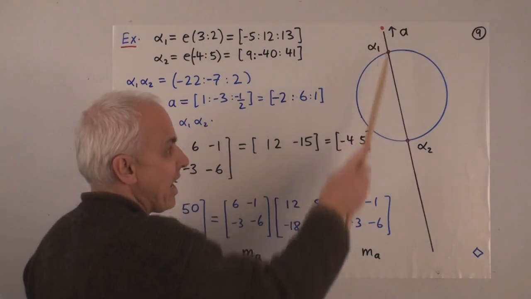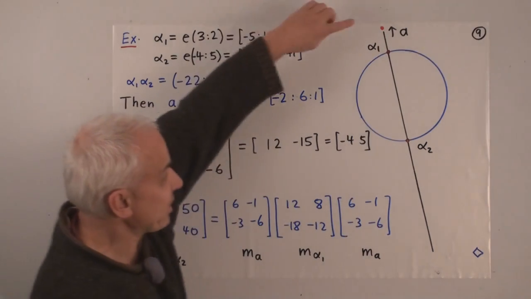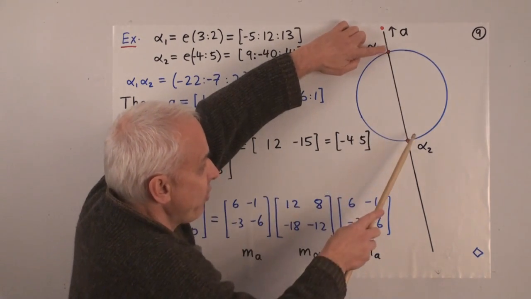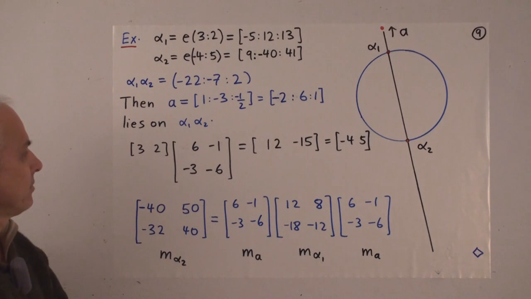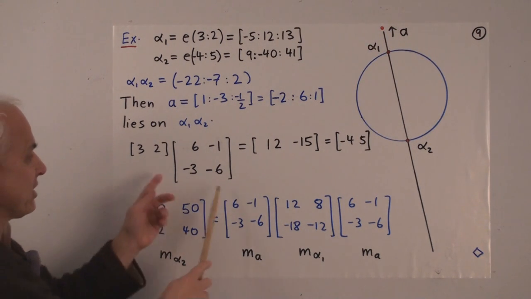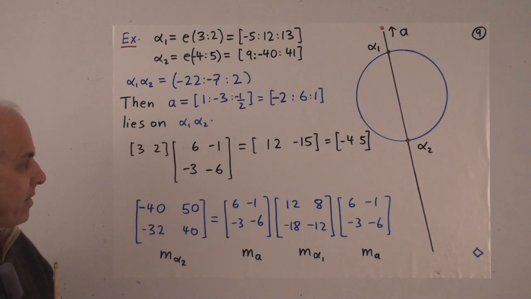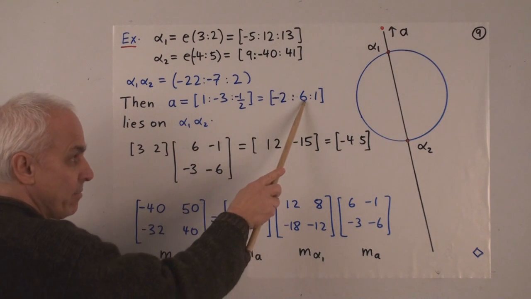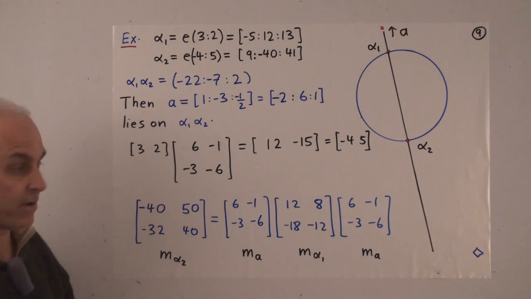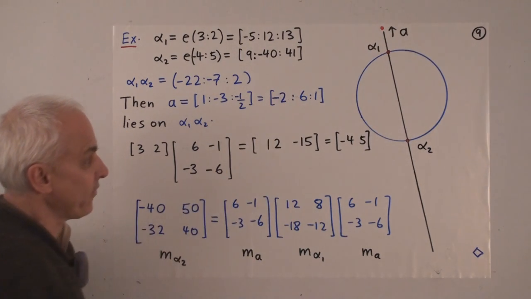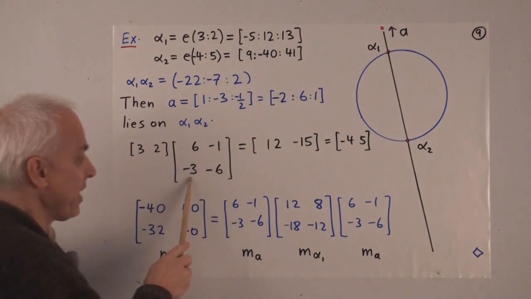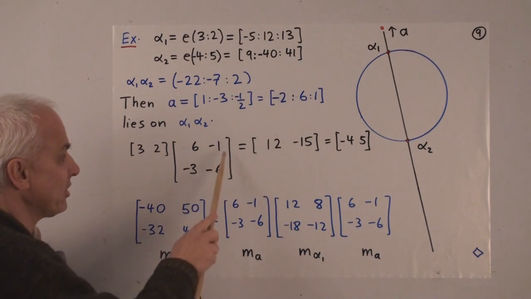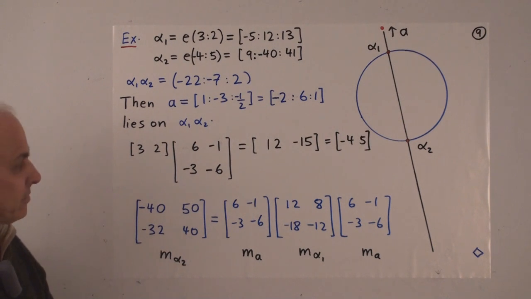Okay, we know that this point A lies on this line, so the reflection in A necessarily interchanges alpha 1 and alpha 2. Sends this point to that point, and this point to that point. And we can check that. Here's the matrix M sub A. There's the coordinates for A. So the matrix for it is obtained by, take the middle coordinate, put it there, put its negative there. The difference between the first and the third, minus 2 minus 1, that goes there, that's minus 3. And the sum of the first and the third, that's minus 2 plus 1, that's minus 1, that goes there.